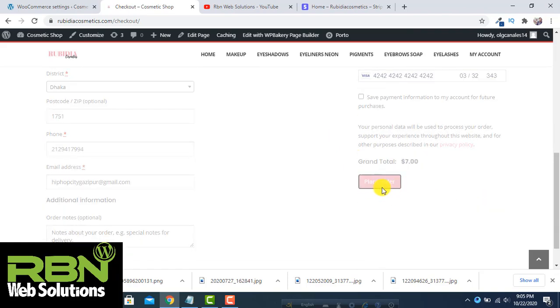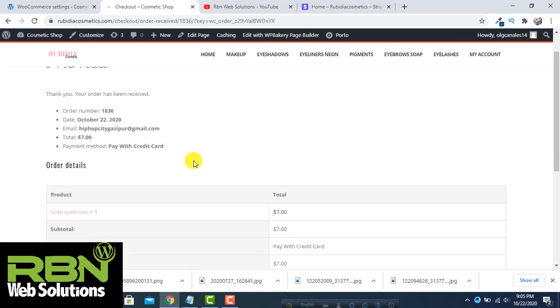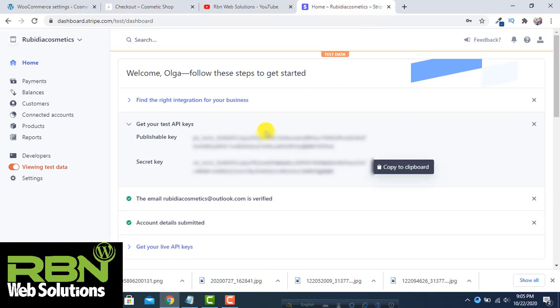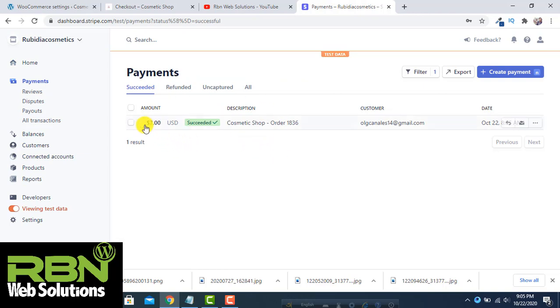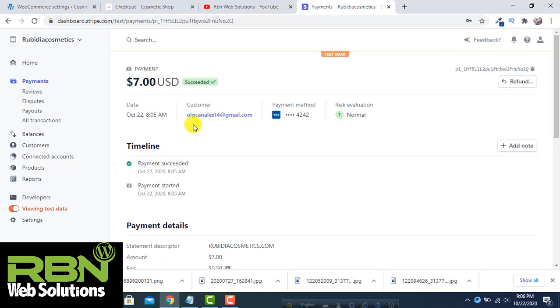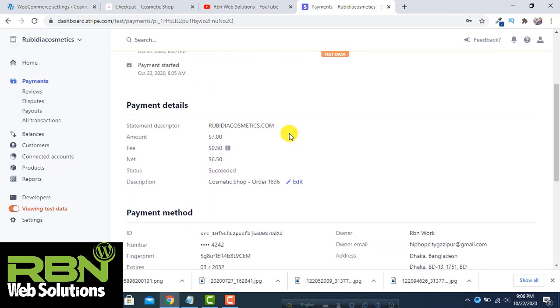Okay, so place order. Now you can see the order has been received. Then we can click on Payments, and here we can see the $7 order, and the payment we have received, $7 cosmetic shop order. This is our description, and this is the order actually. So the order is working fine.